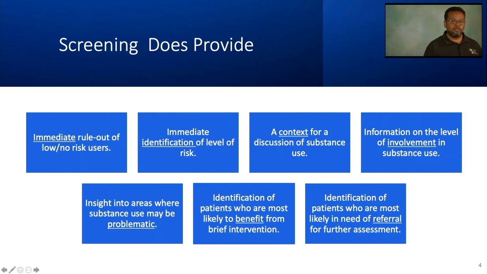All right, in 3 to 5 minutes, a valid and reliable screening tool can provide enough information to achieve the 7 goals listed below. Screening provides a number of things that are important in understanding the individual patient and their relationship with substances, their level of risk, the likelihood of benefiting from a brief intervention, and if they are likely to need further assessment. And like I said, this particular part is focusing on substances, but what you get in the 3 to 5 minute screen is also to know if somebody might be dealing with some symptoms of anxiety or depression, and then you can move that person along to get the appropriate help that they may need.